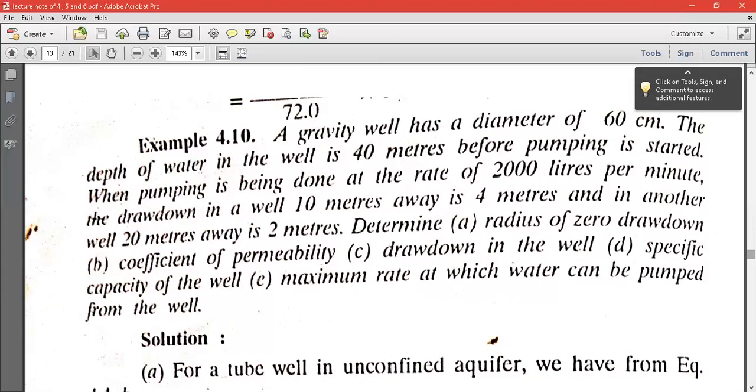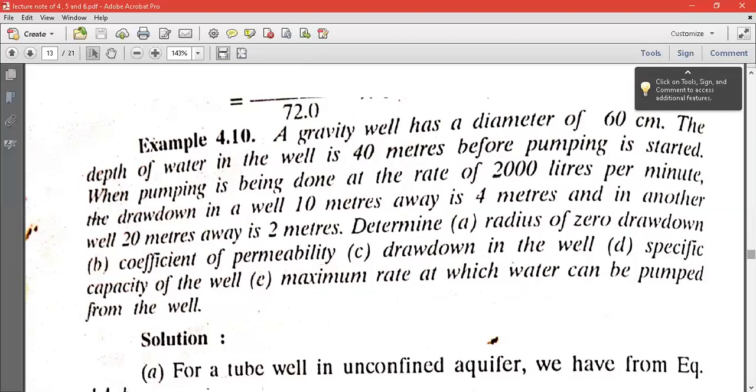What does it indicate? The practical implication I am trying to show you is that the more horizontal distance you travel from the center of the well, the more the drawdown decreases, because of the concept of the cone of depression, that parabolic curve. The more the distance away from the center of the well, the less the depression head, because it will tend to match with the ground surface. That is the funda of the cone of depression.